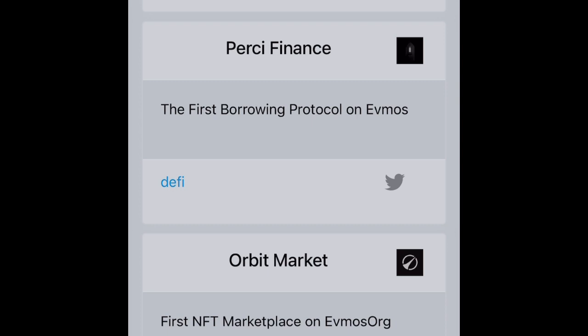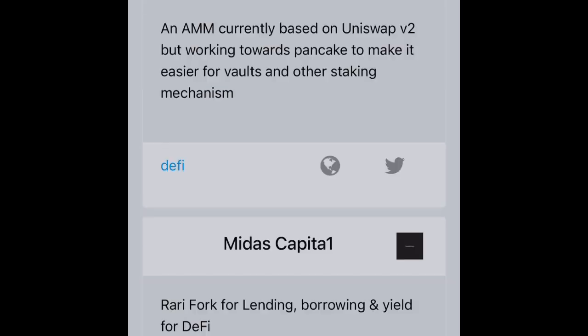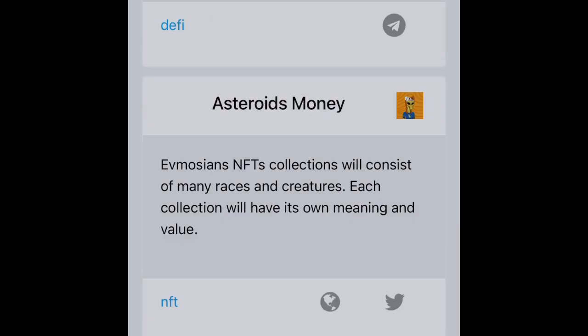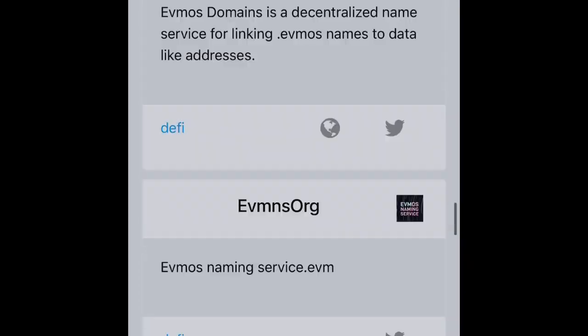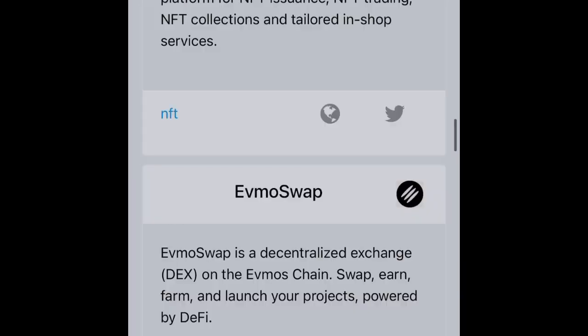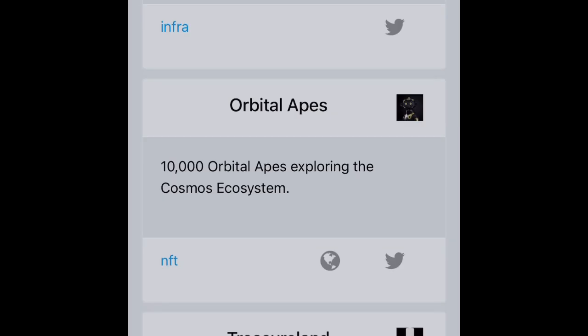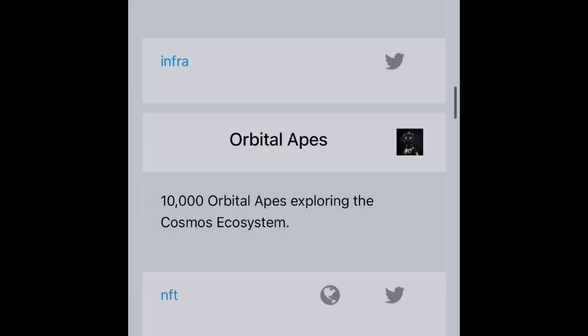Numbers don't lie. The Orbital Apes validator is number 1 on the whole validator list for Evmos, which is pretty impressive considering the fact they're only 2 or 3 weeks old, however long Evmos has been out. So I'm in the Orbit market. I'm in the Orbital Apes, which you mint on their website, but you can trade already minted apes on the Orbit marketplace, and all the transaction fees from the Orbit marketplace, I do receive wrapped Evmos paid out to me just for holding the Orbital Ape, which is pretty cool.